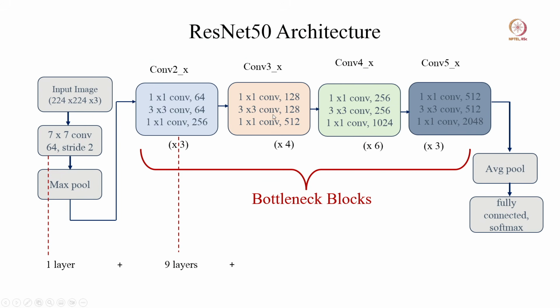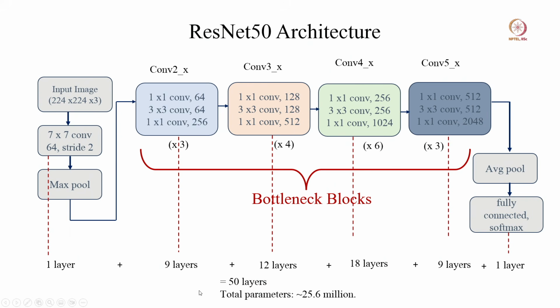Here 3 convolution layers into 4, which gives me some 12 layers, and then here 3 layers of convolution into 6, so it is 18 layers, and here it is again 3 into 3, 9 layers coming from here, and the fully connected layer 1 layer. So if we add them we get 50 layers. So that is the reason it is named as ResNet50 architecture with total parameters of